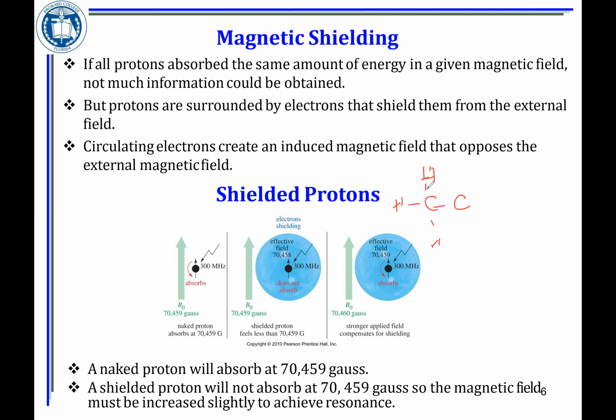The electronegativity of this carbon is not higher than the other carbon, so they have the same electronegativity. Electronegativity of carbon and hydrogen also is very similar. So these hydrogens are known by the term shielded in NMR,